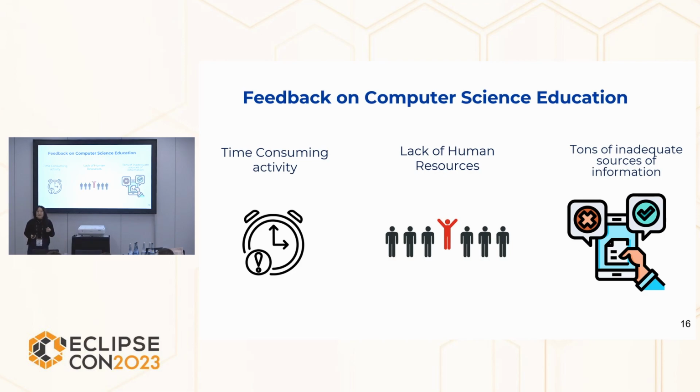The second problem is that there is a lack of human resources, so it's a big bunch of students and just a few people in the teaching staff. And the third problem is that if you don't give the proper feedback, they will go and try to look on their own. And there we have already several versions of Python, for example, and if they want to find a solution to something, they might find a Stack Overflow answer from 2014 that says something that today won't work. So they can get to an inadequate source of information, and they don't have the ability to judge if it's correct or not.